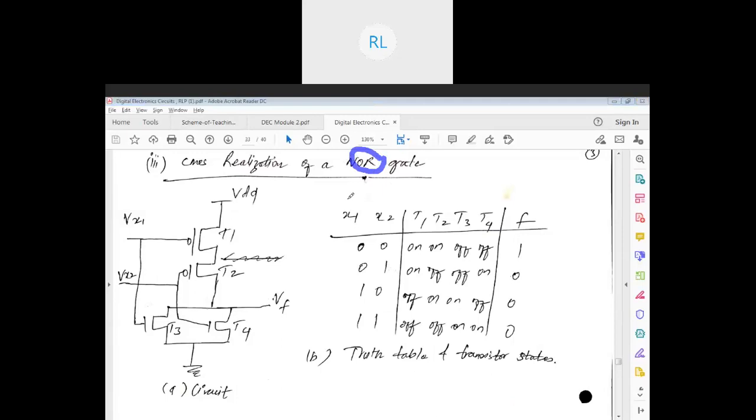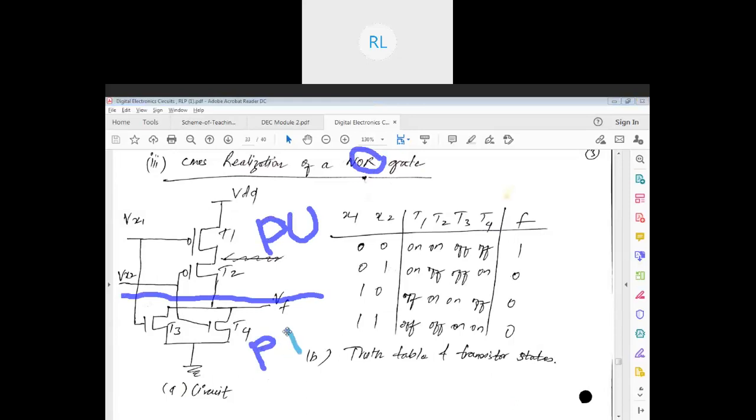Now what's the question asked? The question is telling us to implement a NOR circuit. So I should understand I am going to take OR. OR means adding, and the negation will automatically happen. So if you can recall, if I have to add two components using NMOS, I should put them in parallel. Whatever you do at the bottom is done in reverse for the upper section. So I keep two transistors here in parallel, and then I keep them in series in the above